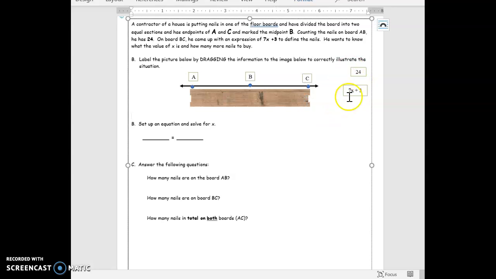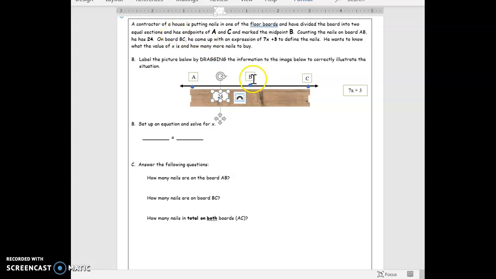Then it tells us a little information about the segments and the nails. So counting the nails on board AB, so here would be board AB from here to here. He has 24 nails. So over here, we've got 24 nails. On board BC, again, we're pretending that he kind of like cut this board in half, right? So looking at board BC, he came up with the expression of 7x plus 3 to represent,